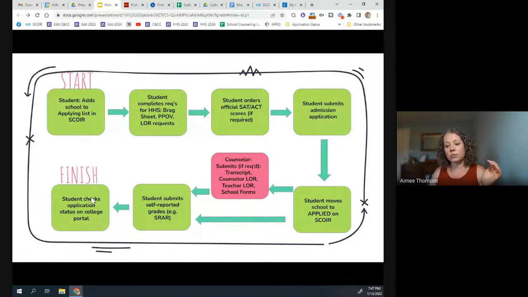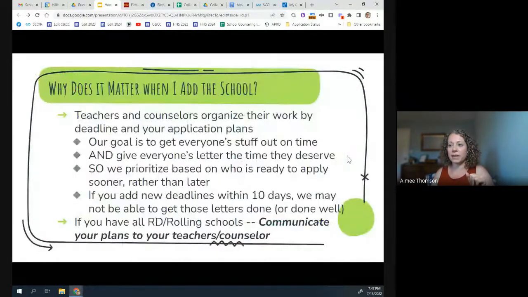After you apply, schools are going to send you links to portals for you to check your application status. Only you can do that. And that's where you'll be able to start seeing things showing up as received. It's not immediate. It usually takes schools a couple of weeks to get through all their documents and process everything, but you've got to check there and make sure that things ultimately show up as received. That's on your end. And if it's not, we can help fix that situation between you and the school and us, and getting everything in.